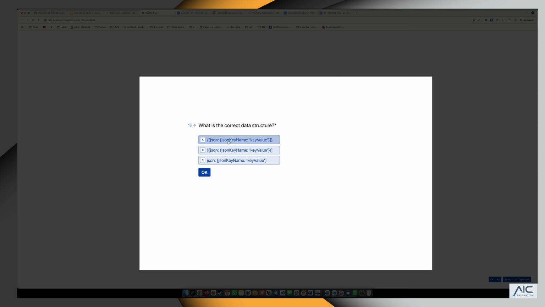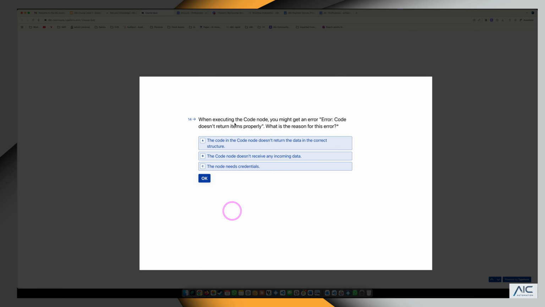That does not make sense to me, so I don't think that's the right one. JSON is outside with an array inside and there are no curly braces. That doesn't make sense as well. In this case, there is a square bracket outside, which is like an array, and inside there is a JSON field with a key and value pair. So this is what looks correct to me.